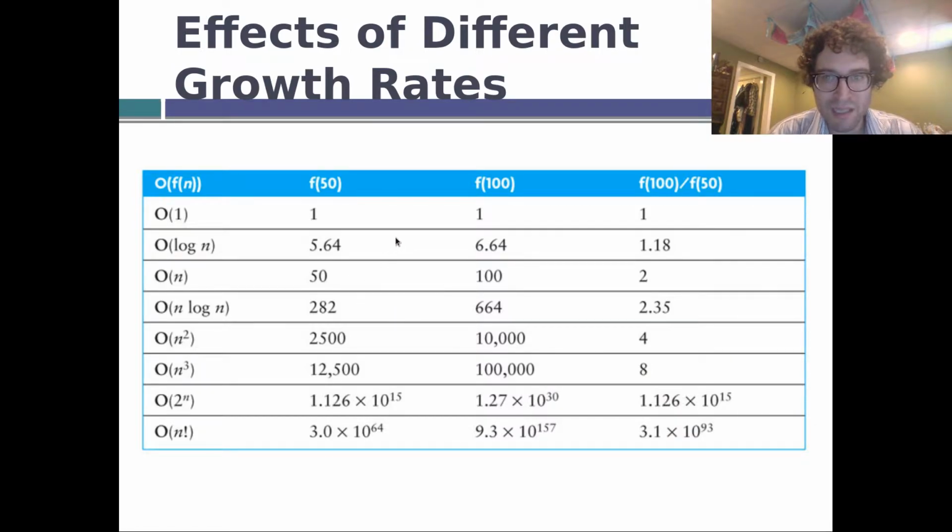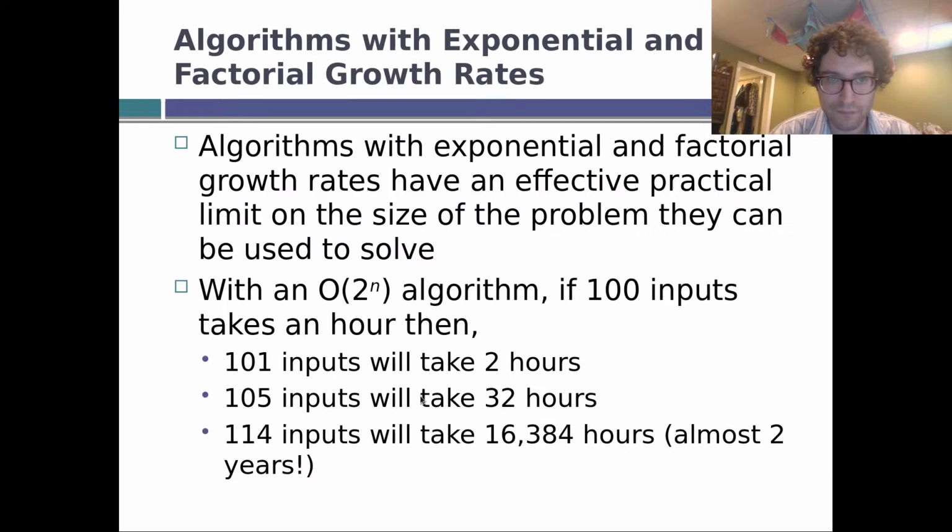Right? And we see that the effects of these growth rates are huge. If we are dealing with 50 items over here, O of n means we've got 50 units of work. If we've got 100 items, that means we're doing 100 units of work. Where for n squared, we're doing 2,500 versus 10,000. Huge jump over here. And the jumps get utterly massive here and here. It's a bit hard to comprehend how massive these jumps are because it's like 15 to 30, that's not that much. That's 15 zeros and then 15 more zeros. All right. So to give a better idea,